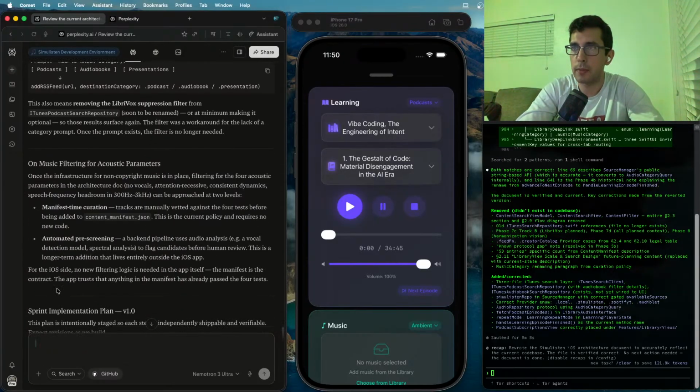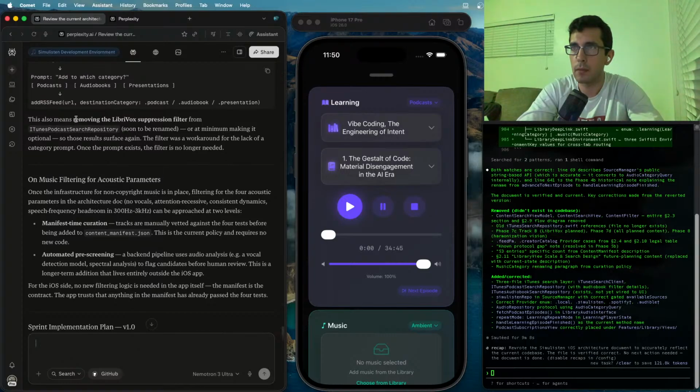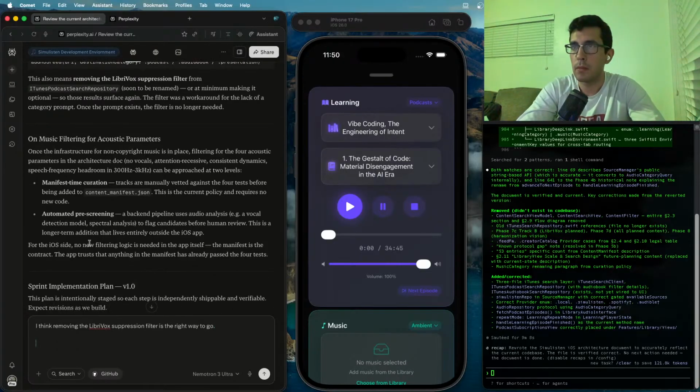On music filtering. Once the infrastructure for non-copyright music is in place,